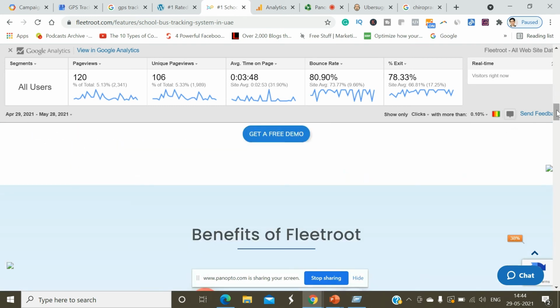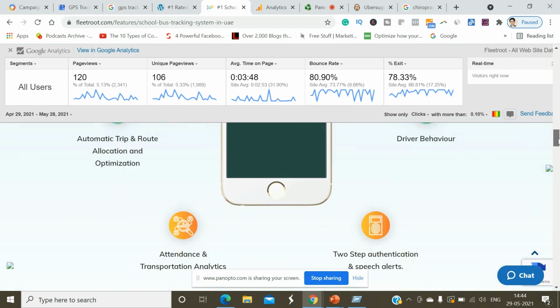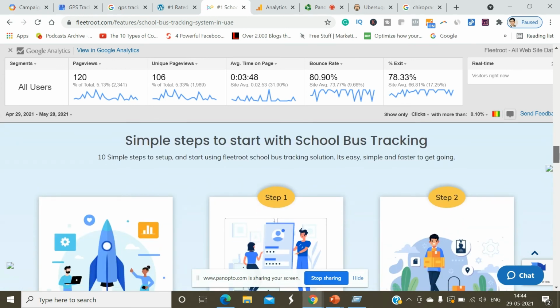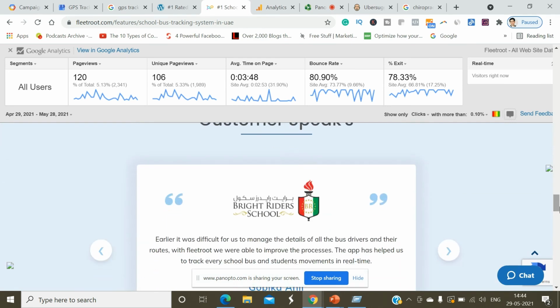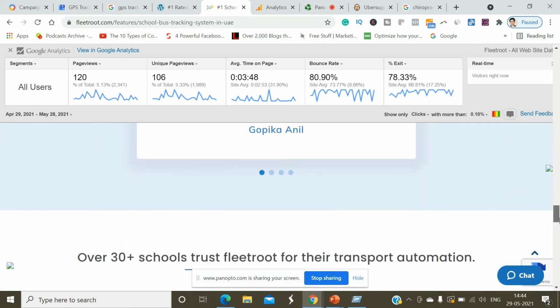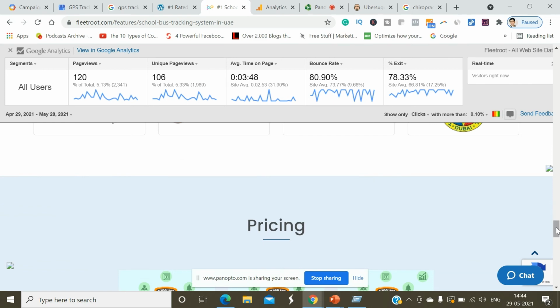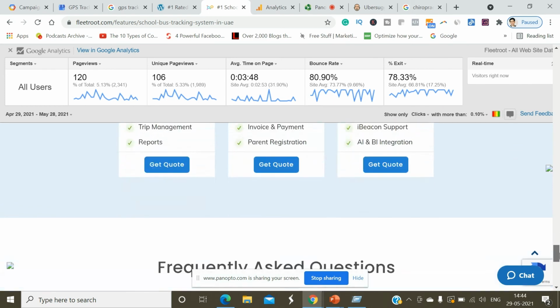Okay. We have used primary keywords and secondary keywords. School bus tracking, secondary keyword. School bus tracking solution, secondary keyword. So we have used keywords here as well. Then under customer speaks, we have used testimonials. On this landing page, we have integrated the pricing as well.